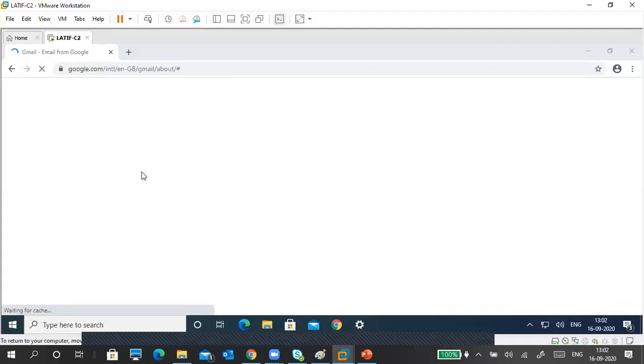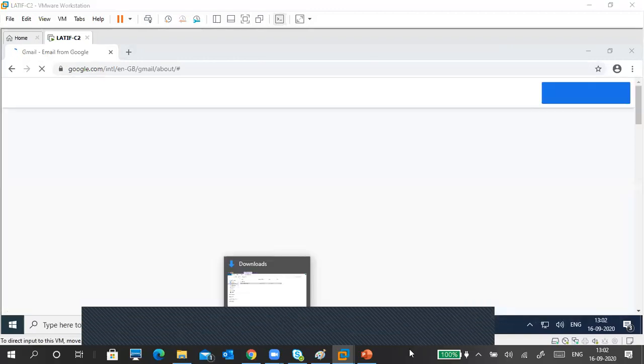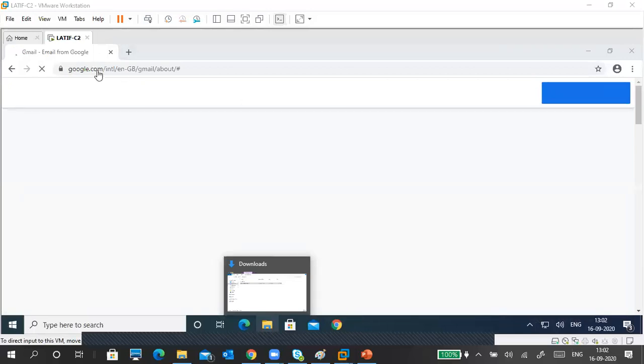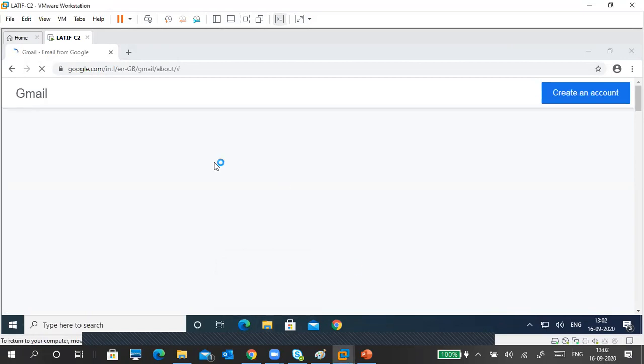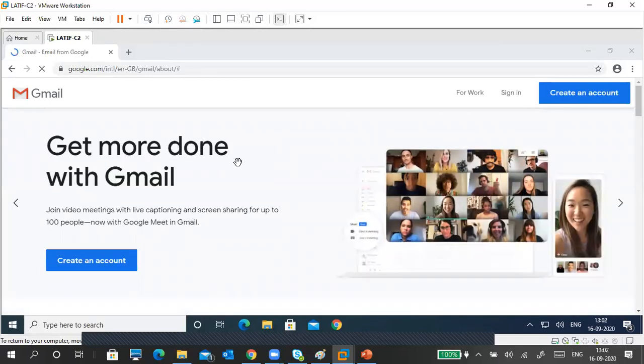Why is the internet very slow, mainly on the virtual machine? Whenever it is very slow, it has become dead slow. Why I'm using this machine specifically is that it contains Outlook, the new Outlook. Okay, so sign in.